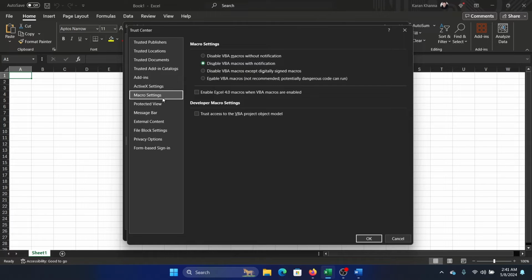Go to Macro Settings, this tab, and once you're at this tab, you'll find the options to disable VBA macros without notifications, disable VBA macros with notification, and disable VBA macros except digitally signed macros. And then, I don't recommend this one, and it is enable VBA macros. So if you wish to enable it, simply select this option, and if you wish to disable it, then you can select any of these three options, but I select this one, the one without notifications, and then click on